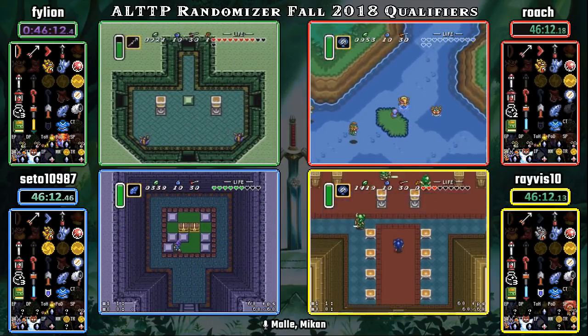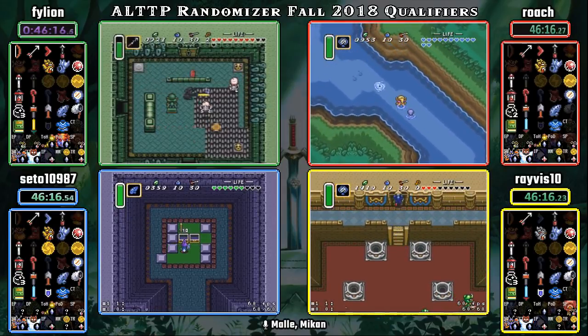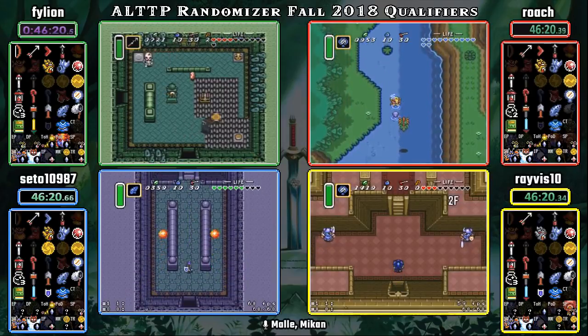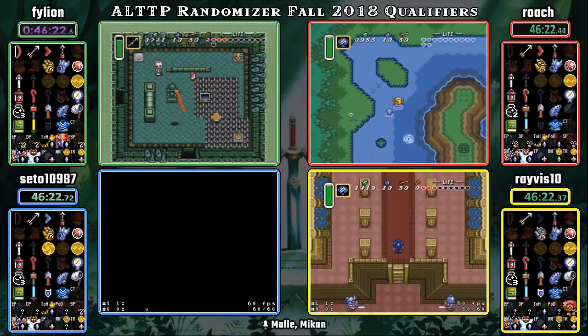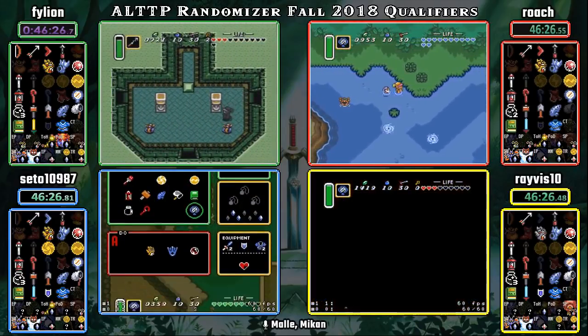Revis down in Hyrule Castle here is still looking for these Titan's mitts. Must have thought he skipped them out on a really early location here. Might be running out of spots. And I'm just really... I don't know. Yeah. I'm not sure...